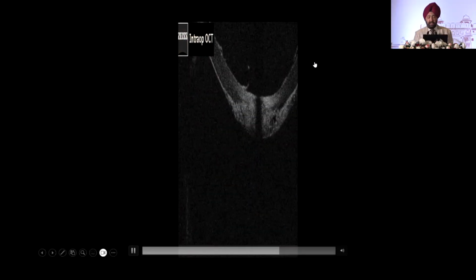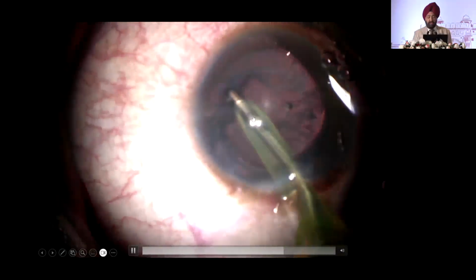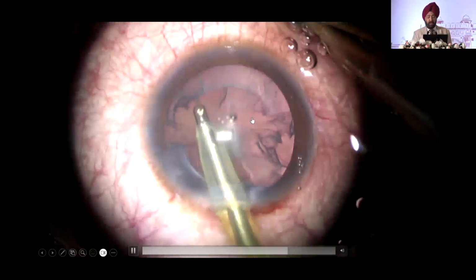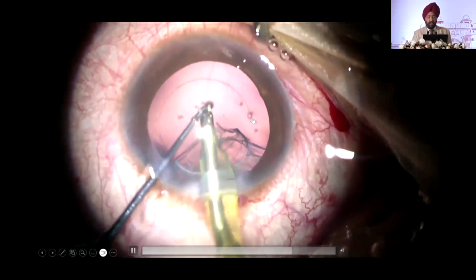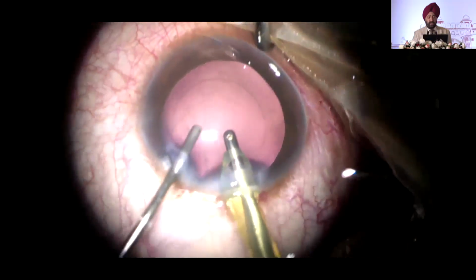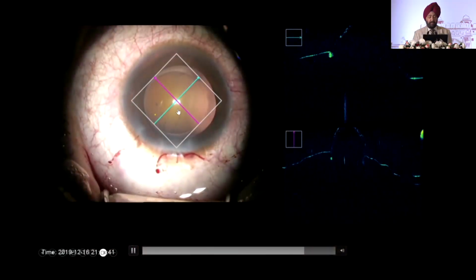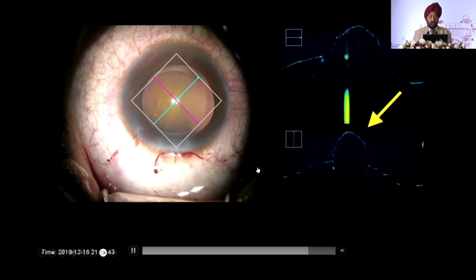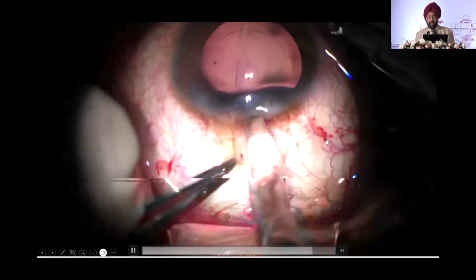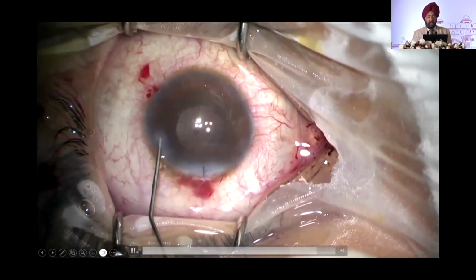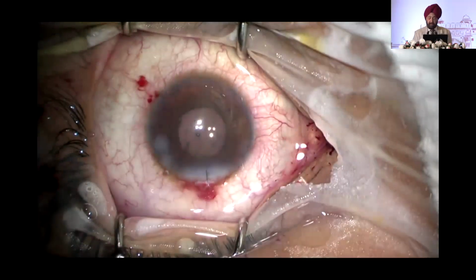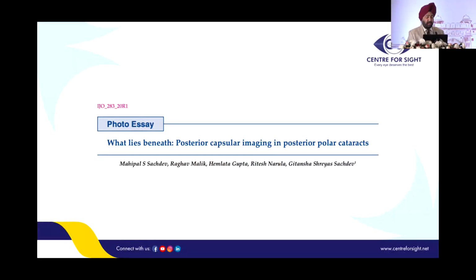and with the pneumodissection, the entire nucleus was being removed. And you can see that this is what I told you, that we have a thick epinuclear plate. Once you had removed the epinuclear plate, you can see gently when you are aspirating, you have been able to aspirate the entire cortex also without breaking the vitreous phase, and you can go ahead and get out with this.